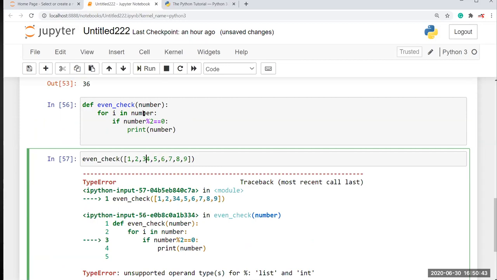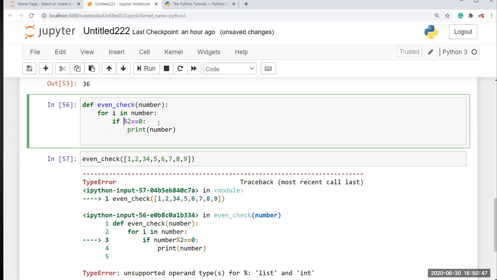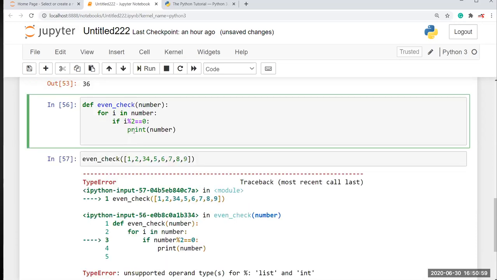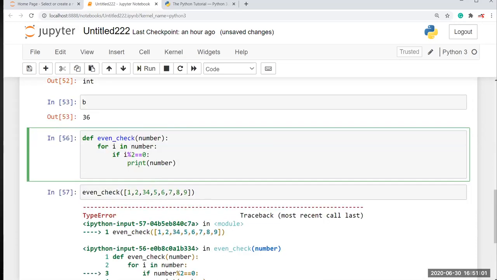The reason is that here I am passing number, but here I have to pass i, because number is a list. It shows unsupported operand type for modulus, list and int. It shows like this because number is in list format. In a for loop, it separates each element for each loop.